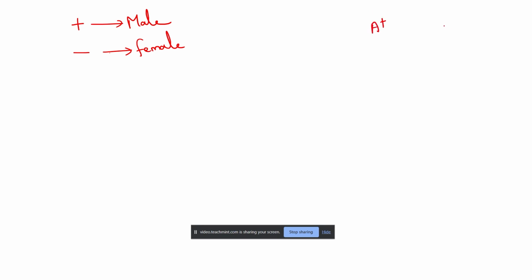If I want to write B is a female person, I am going to write B minus. Remember one thing, these symbols are not universal. You can create your own symbols. For example, some people will use box for male and circle for female. That's completely fine. Okay. So I am going to tell you the relations which I am going to use are